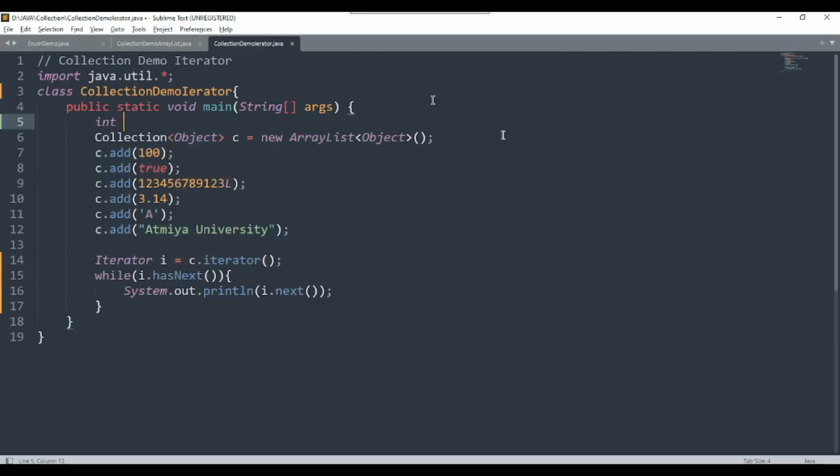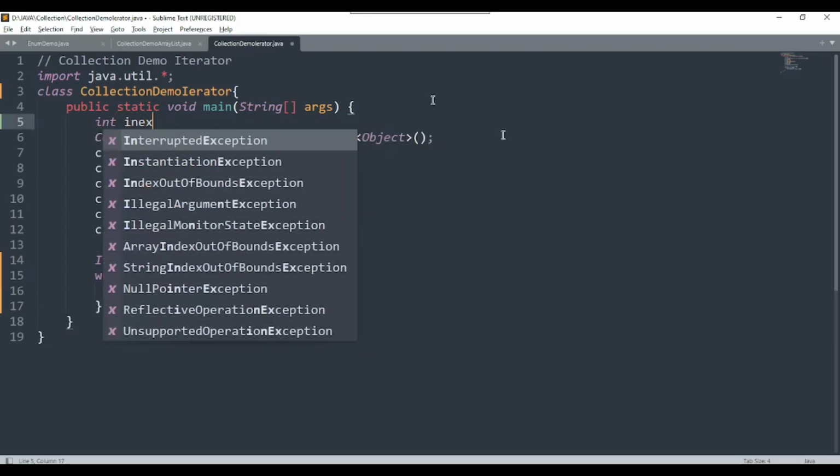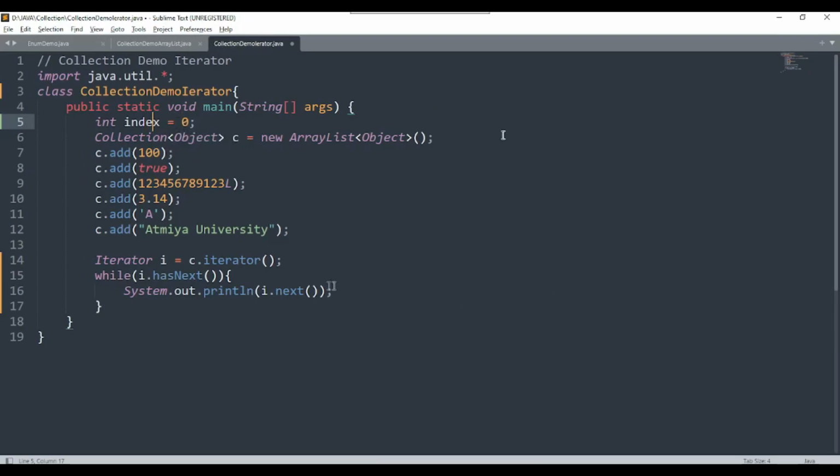Here I am creating another variable, say for example int index = 0. So I will print over here with index plus, we need to concat this value, and every time you need to increase the index value by 1. So here I will write index++;